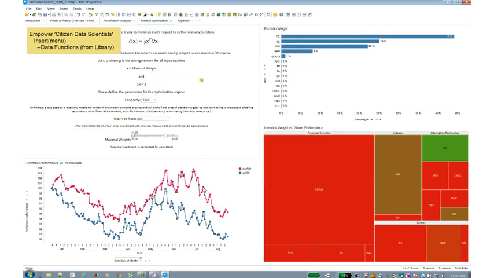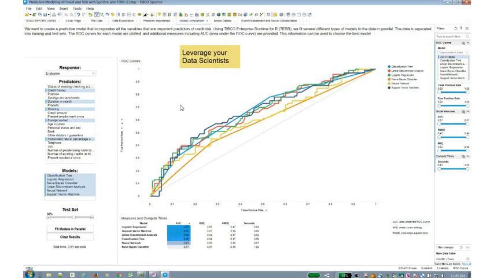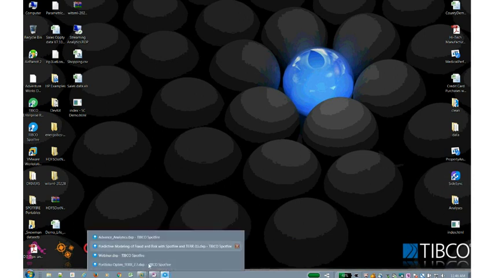And one more example: even for your data scientists that want to run multiple models, you can use Spotfire to test your different hypotheses, to run your different models, and then take all of those results and visualize them in Spotfire. So here's an example of an analysis that is targeting your data scientists. Again, depending on who you are, Spotfire as a platform can help you go further than your static or flat dashboard. You can have a true interactive analysis.